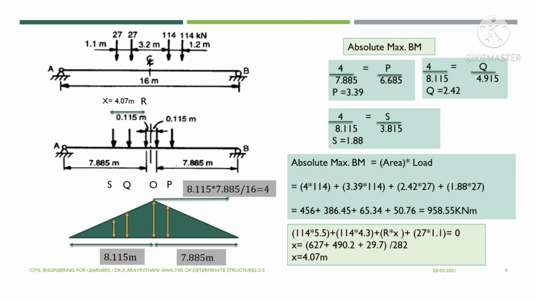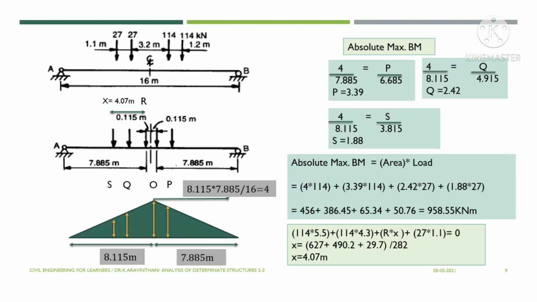And this distance will be from the point S. Why? Because we have taken the moment from this point. So the X will be starting from this point only, and from here the resultant is at 4.07 meter. So this is what is written here, and you can see the resultant load here. This is imaginary. You don't have to take shear force or bending moment for the resultant. To find the exact place to locate, you have to find the resultant. After locating, you can remove the resultant load. Okay, now we have found out that the resultant is at 4.07 meter.